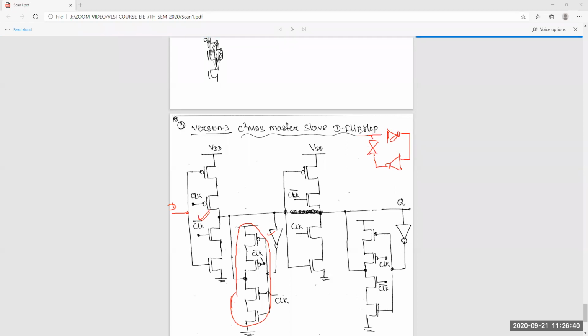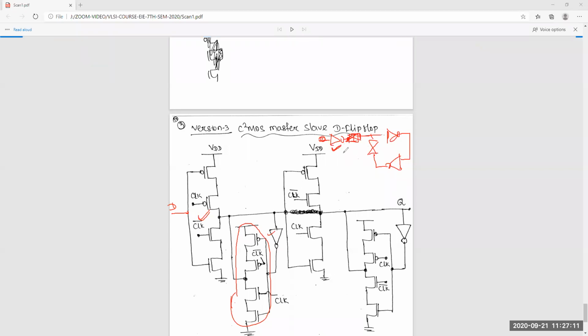And this part again has a tri-state inverter plus one inverter. If you are giving data here and inverting it with an inverter at the input, before that pass gate, you also have to use one inverter at the output.